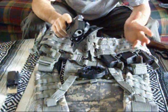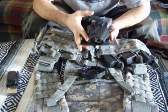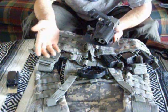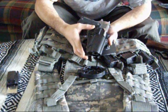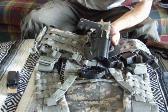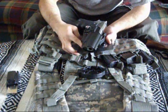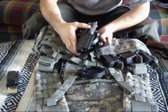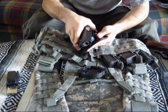Now, I have a couple of components on here that I did buy from BLACKHAWK that do not come with these. Basically, with the BLACKHAWK holster, you get the paddle platform, and you get a belt loop platform. The belt loop platform is comfortable, but the gun rides so high on your hip that you literally have to draw it and go halfway up your ribs in order to pull it up. If you like something that rides that high, so be it. Again, it's POU, philosophy of use, whatever works for you. Anyway,